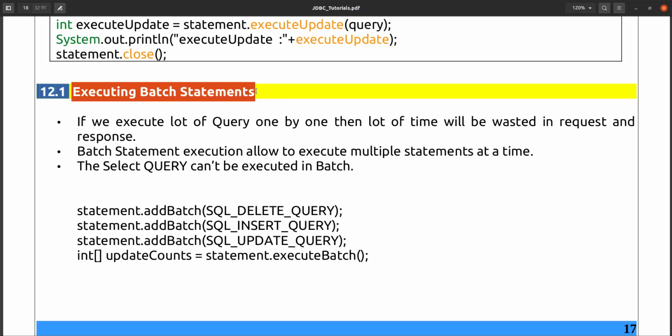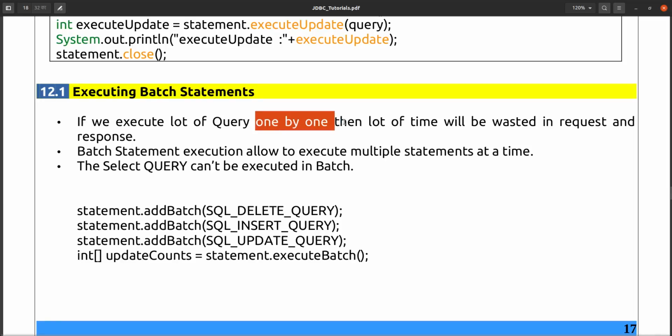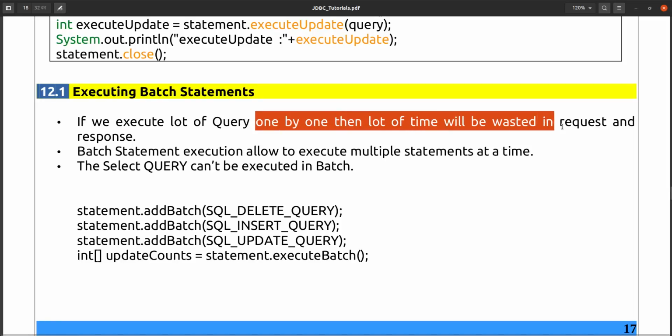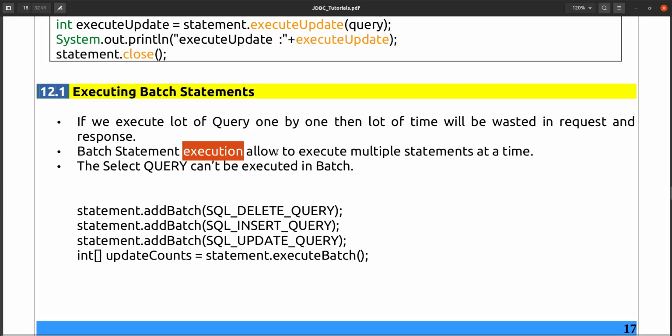To avoid that round trip, we can add the statements into a batch, and those statements we can execute in one shot. That is called batch execution. If you execute a lot of queries one by one, then a lot of time will be wasted in request and response. Batch statement allows us to execute multiple statements at a time.